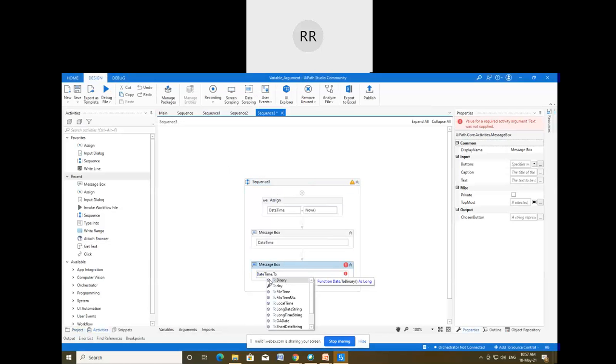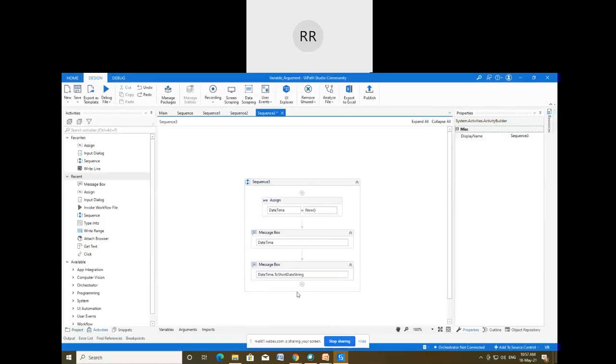So in that case, I have to write ToShortDateString. In this case, we will get only the date, but not the time.